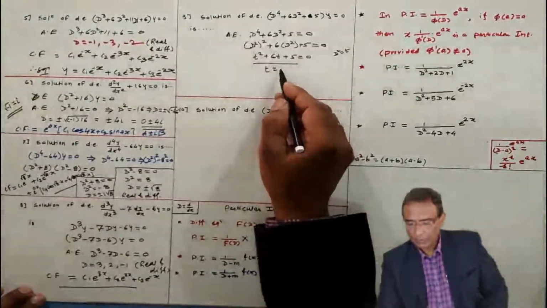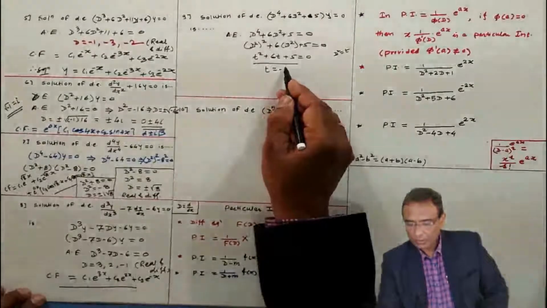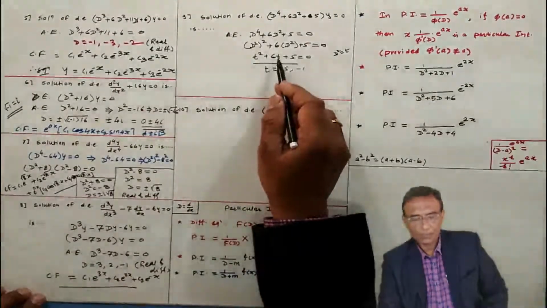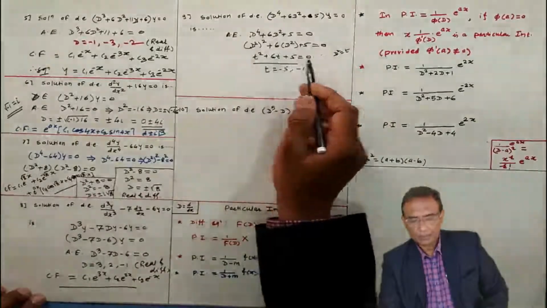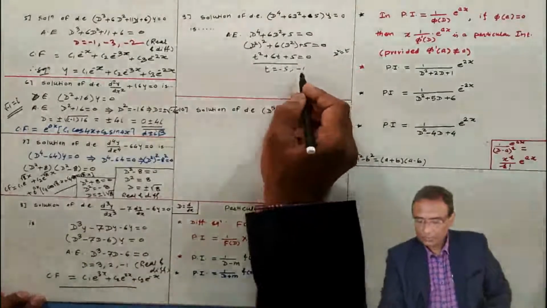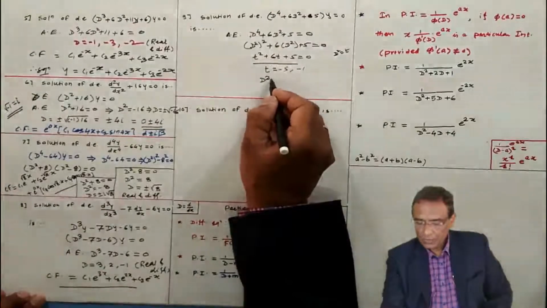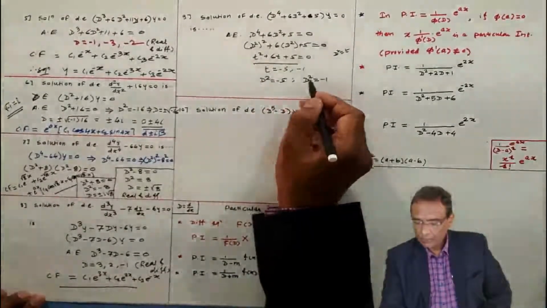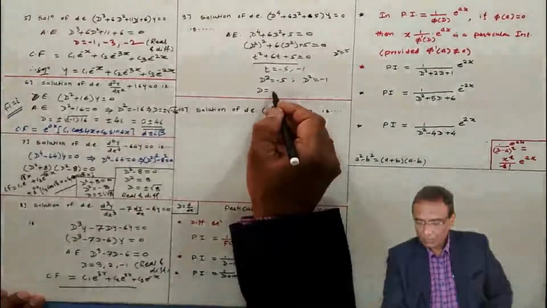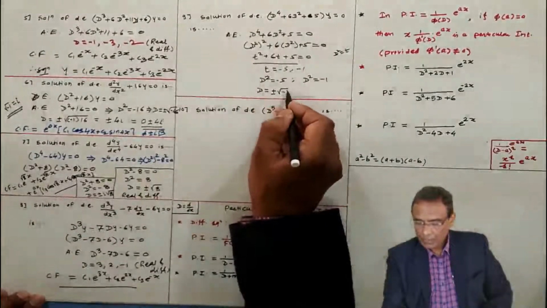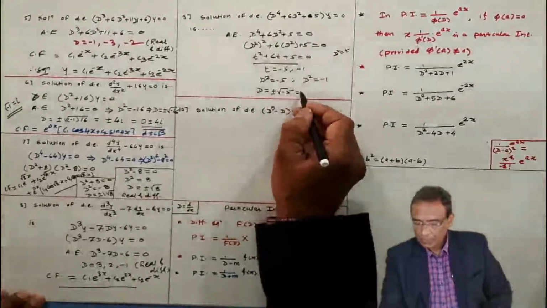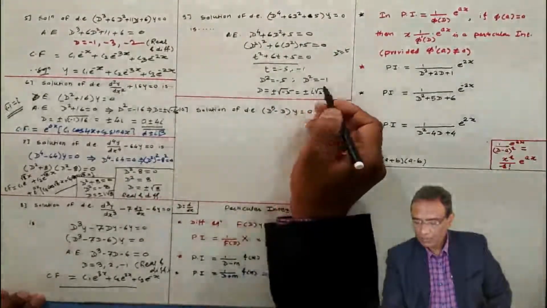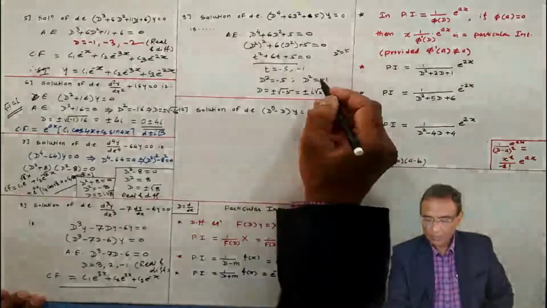Well, the values of t are minus 5 and minus 1. Minus 5 into minus 1 is 5. Now t is minus 5 and minus 1. Therefore, d square equal to minus 5 and d square equal to minus 1. If you take the square root, plus minus under root of minus 5 means plus minus i root 5, and for d square equal to minus 1,